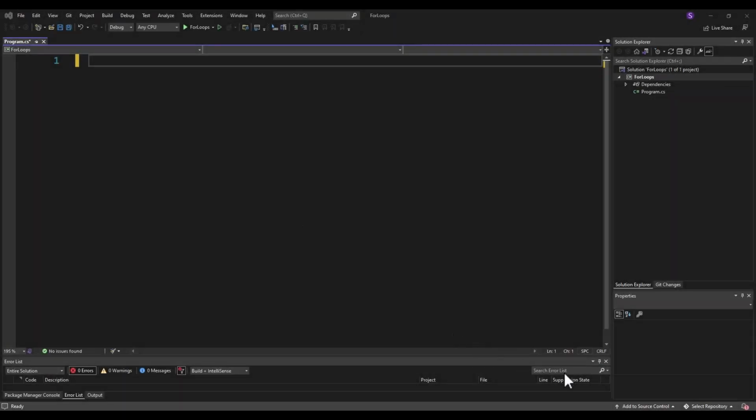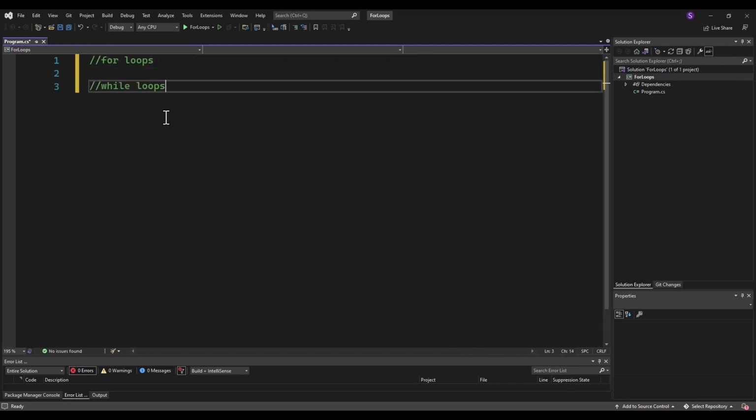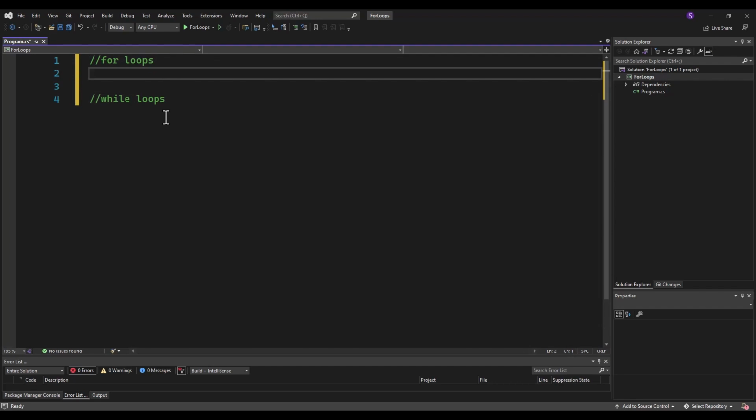All right, let's do loops. There are two kinds of basic loops: we have for loops and we have while loops. Let's do for loops first. A for loop is used when you want the computer to do a certain thing a certain number of times. So the idea is that we want the computer to, I don't know, print something to the screen 3 times, or go through all the students we have in our database, and